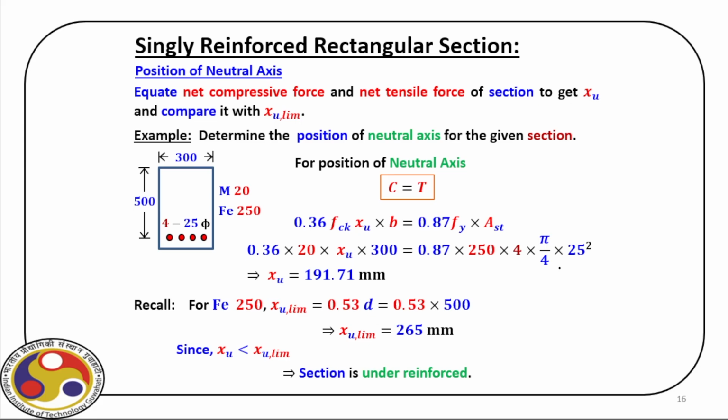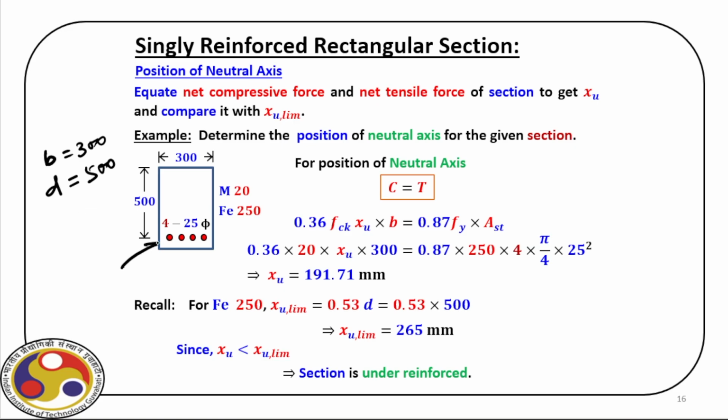In this problem, we have beam cross section where b is equal to 300 and effective depth directly given. Normally, in actual problem, we start with capital D, and as I have already explained, from this capital D we figure out what is small d. But for our example, we are given directly this small d.